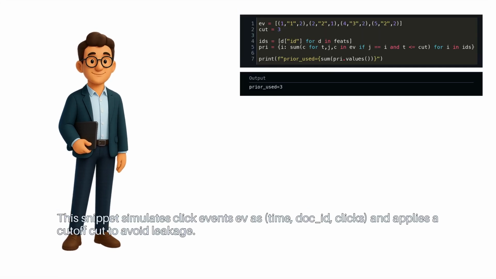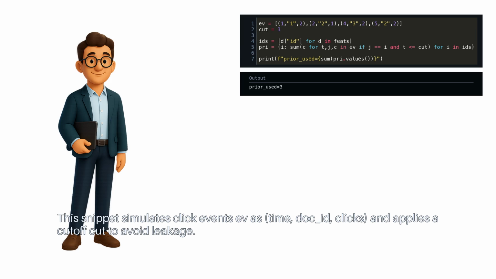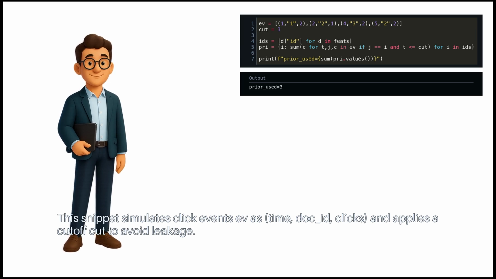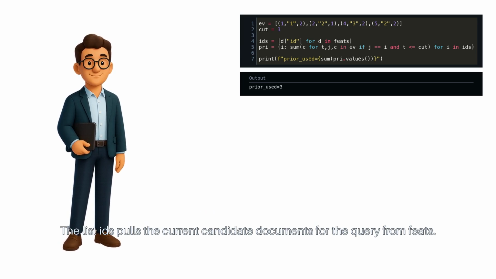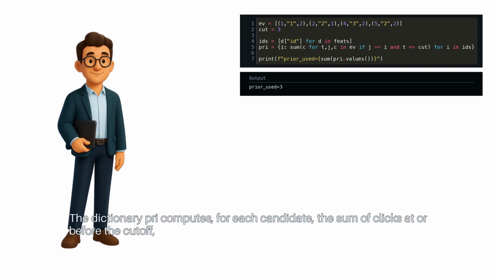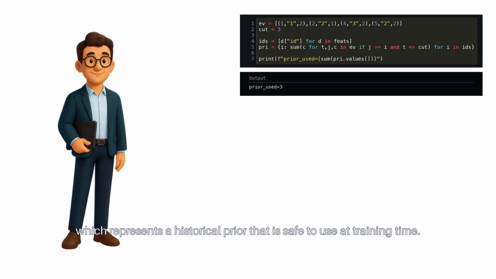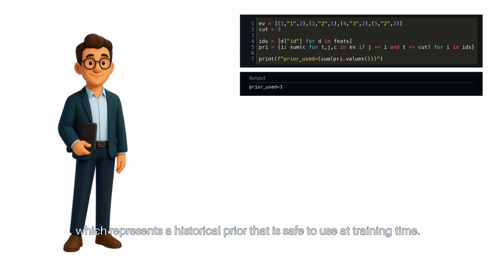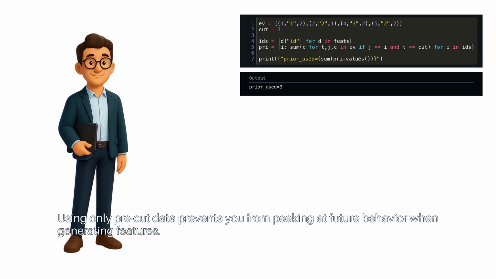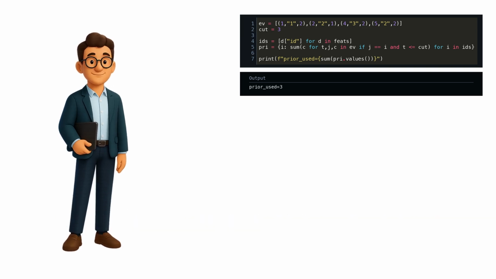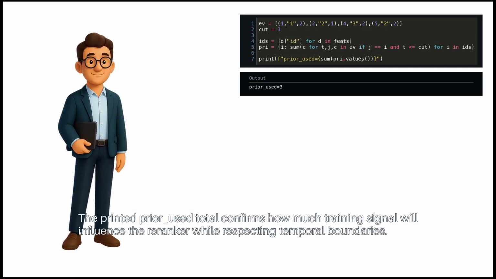This snippet simulates click events EV as time, doc ID, clicks, and applies a cutoff cut to avoid leakage. The list IDs pulls the current candidate documents for the query from feats. The dictionary cry computes for each candidate the sum of clicks at or before the cutoff, which represents a historical prior that is safe to use at training time. Using only pre-cut data prevents you from peeking at future behavior when generating features. The printed prior use total confirms how much training signal will influence the re-ranker